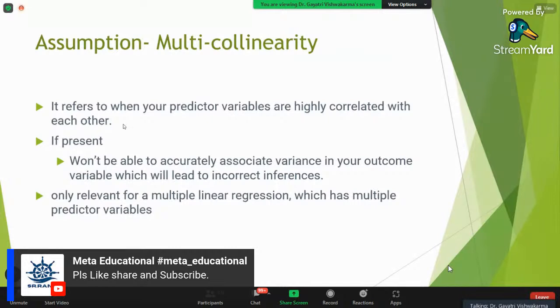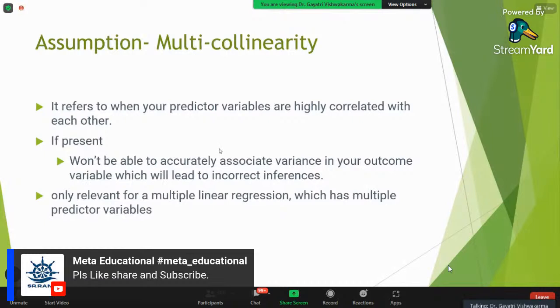If you are just using one variable, then multicollinearity will not apply. But if you are including a lot of independent variables, then you have to check for multicollinearity. If it is present, it won't be able to accurately associate the variance of the outcome, which will lead to incorrect inferences. So it is only relevant for multiple linear regression, which has multiple predictor variables, as I have already explained.